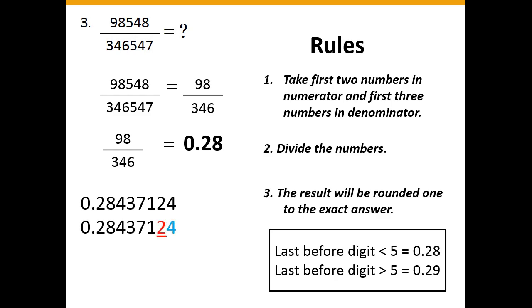So what they are saying is, see the last number 4, which was highlighted in blue. See friends, then see the digit before that, 2, which was highlighted in red color. Now tell me, is that 2 lesser than 5 or greater than 5? Actually it is lesser than 5. So we write the number after the decimal point as it is. Also the answer is 0.28. Did you understand, friends, how we got the answer as 0.28? Okay, let's move to the next type.